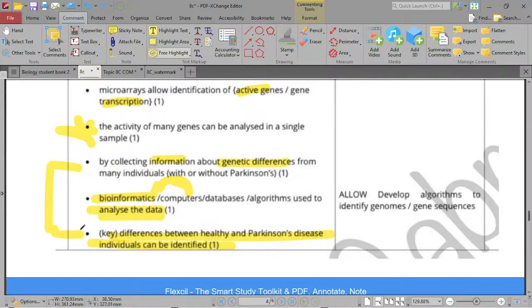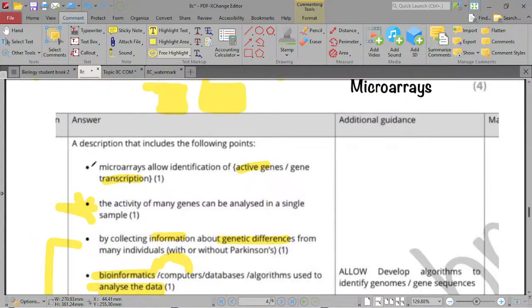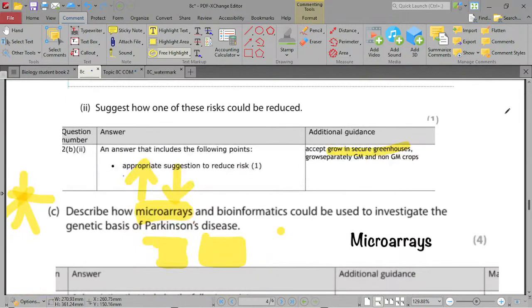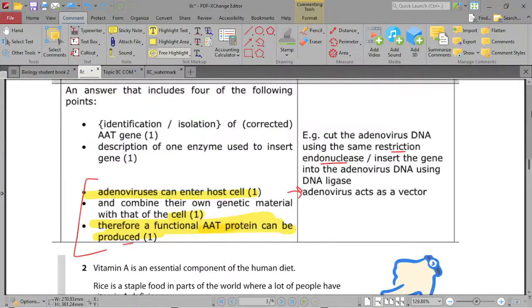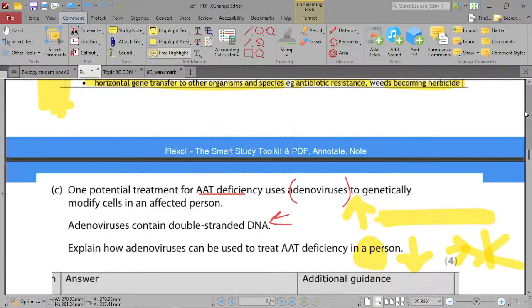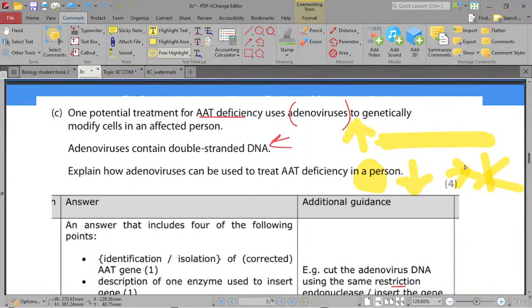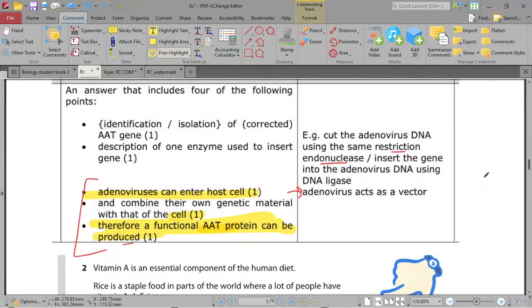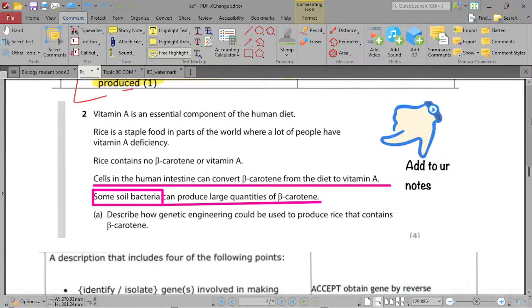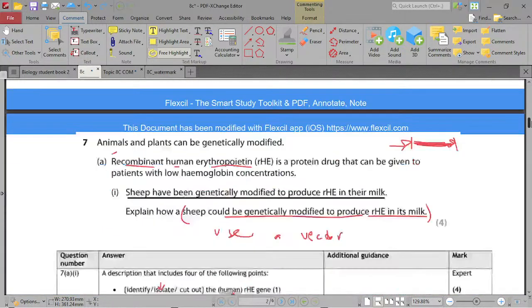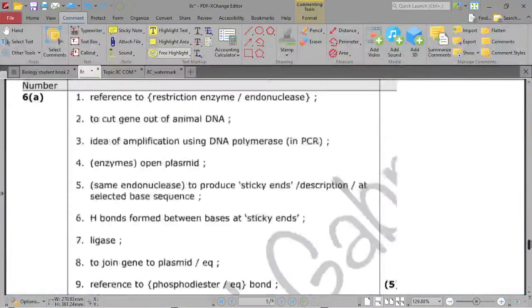What is the difference between these two points? The activity of many genes can be analyzed in a single sample. Microarrays can allow the identification of gene transcription, how the gene transcription changes. I remember there was one thing I didn't know. I said something like this, and then something I forgot. I don't know. Was it the thing up here? Anyways,